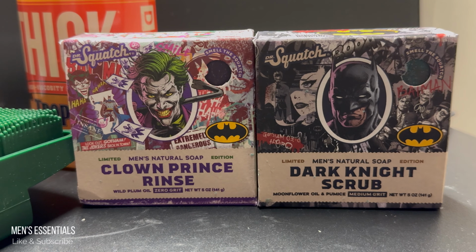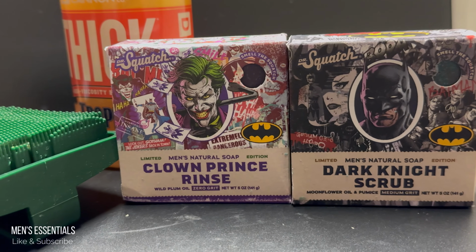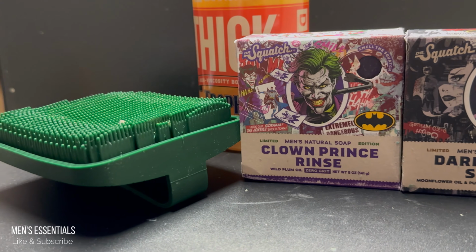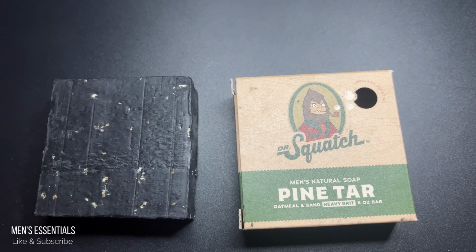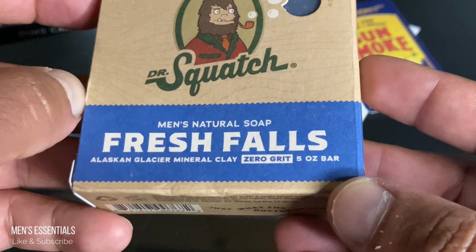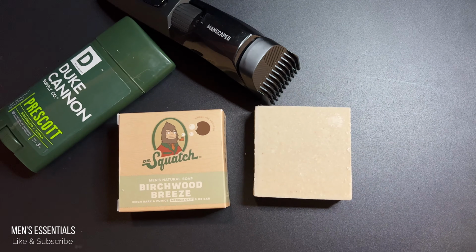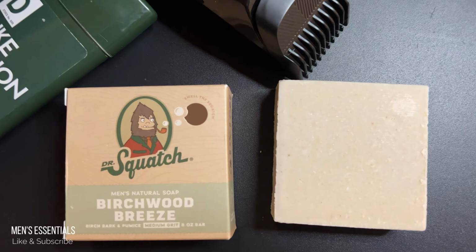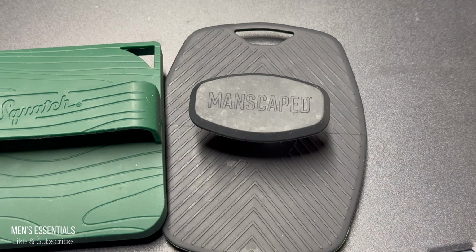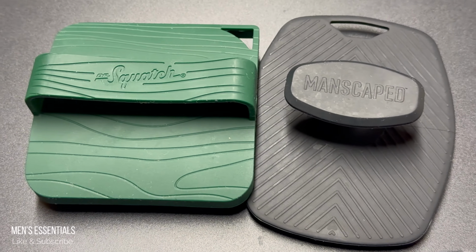for that. But the reason I picked this Clown Prince Rinse soap was because it doesn't have any grit. So a lot of you guys have mentioned that you actually use your Dr. Squatch soaps with a loofah to try to make it last longer. Personally, I only do that if I'm going to use one of Dr. Squatch's zero grit soaps like this Clown Prince Joker soap. The medium grit or heavy grit soaps from Dr. Squatch, I don't think you need a loofah since those already have the grit in there that's going to help exfoliate your skin. I don't think it's necessary to use a body scrubber or a buffer or a loofah of any kind, but